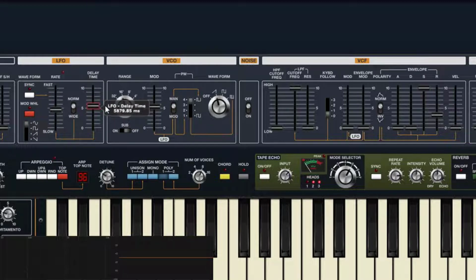But if I do something like 6 or 7 seconds, I'm going to be playing a key, and notice that the LFO will not start kicking in fully. It's going to slowly be introduced, until, of course, we reach the 7 seconds, and it's the full modulation. Of course, you can do less. Right, so that's how it works. You can apply a little bit of delay to slowly introduce the LFO whenever you play something, or whenever you select a modulation, you go to a modulation and you use the LFO